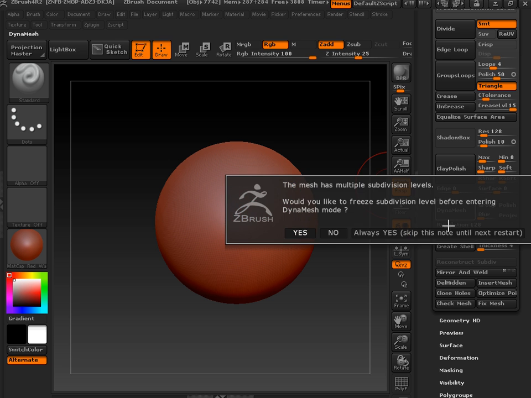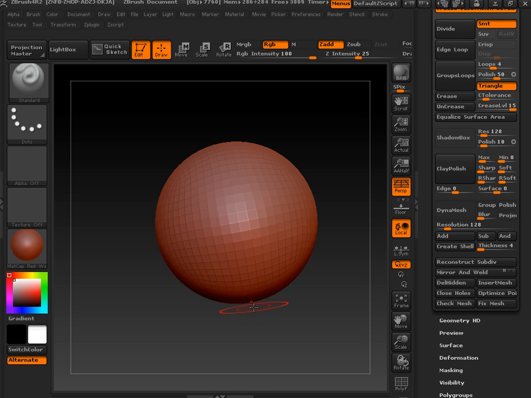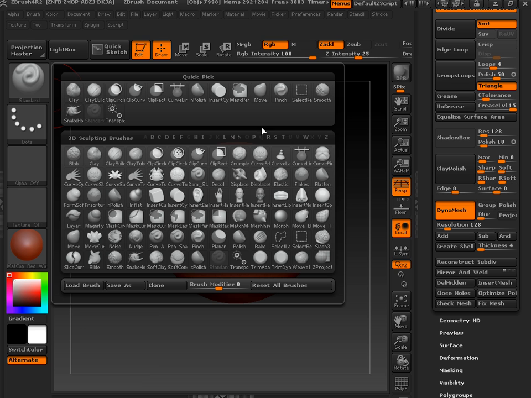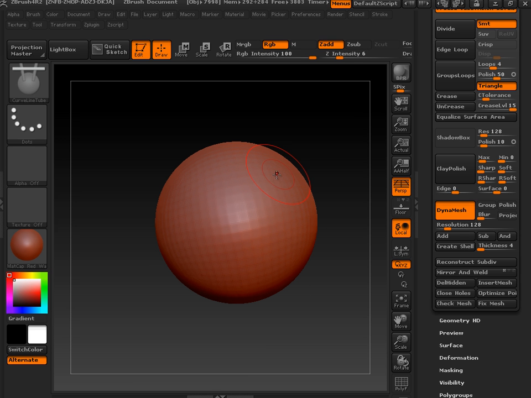Let's turn on Dynamesh and let's hit yes. Turn on Dynamesh again. And then I'm going to take this new tool, I find very fascinating, I'll have to explore it more later, the curved line tube. We're going to go to Subtract. Basically, I'm going to make my brush as small as I want the hole,